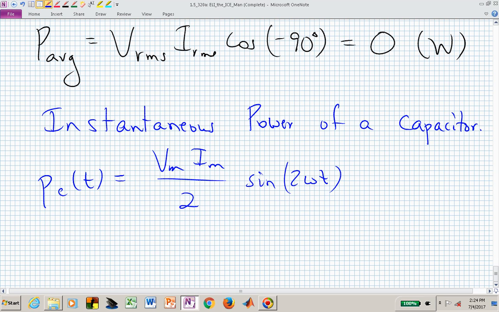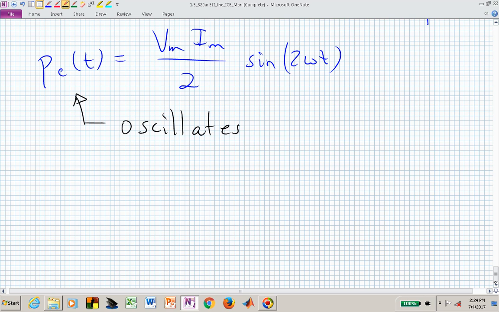Again, it's oscillating at twice the frequency of the component parts of the voltage and the current, but we still have this oscillation, 0 real power, but now this capacitor's electric field is charging, discharging, charging, discharging,